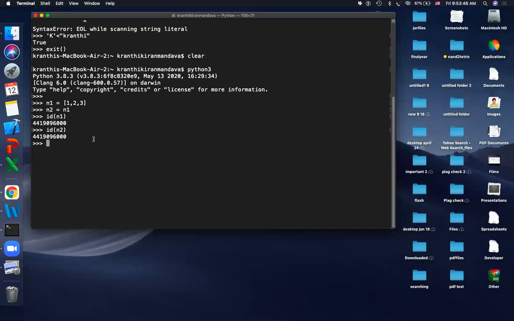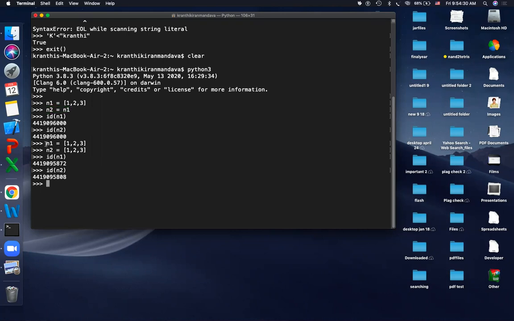And there is also a difference between strings and lists. You see what the difference is? I will tell you. N1 is equal to [1, 2, 3] and N2 is equal to [1, 2, 3]. Now if I find the ID of N1, this is the ID. If I find the ID of N2, what are you expecting? Different. You see how different it is? So that means when you give N2 is equal to N1, you are simply saying that N2 has no separate reference, but N2 is referring to what is referred by N1. N1 is referring, and we are saying N2 also refers to the same reference here.